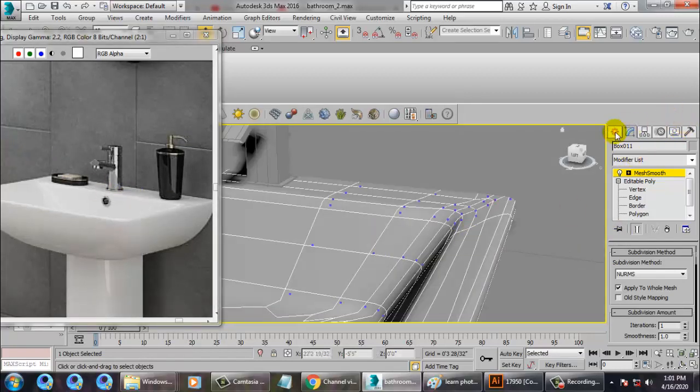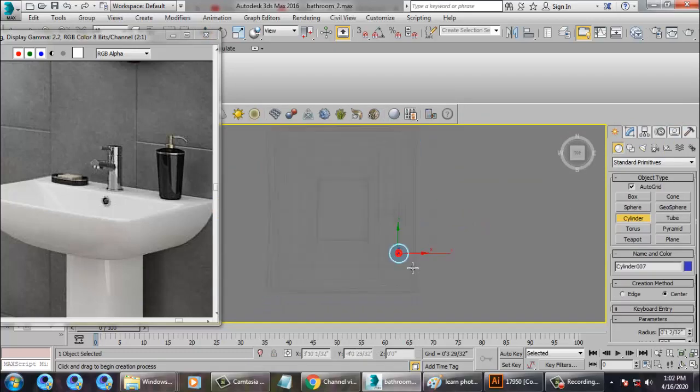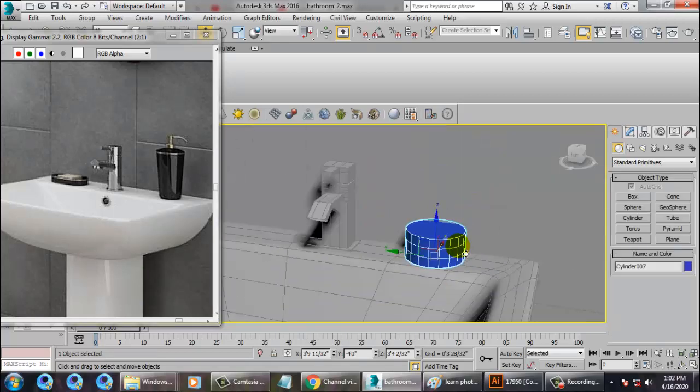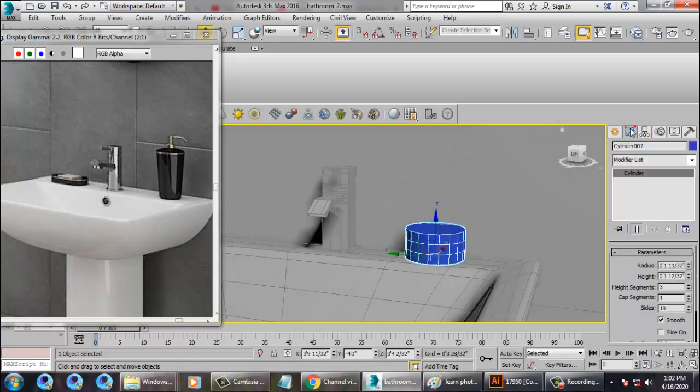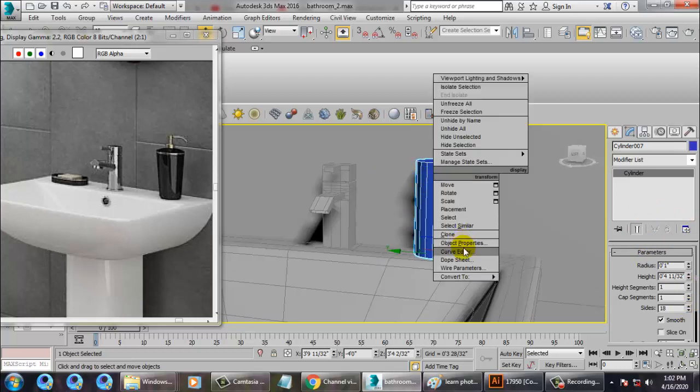So let's take a cylinder. Let's go to the top view. Let's make a cylinder over here. So just reduce the radius of the cylinder and increase its height a bit over here, and you can just remove its height segments, convert to editable poly.